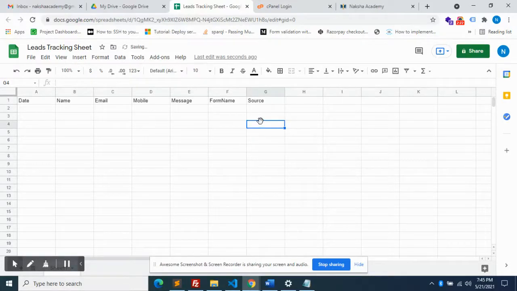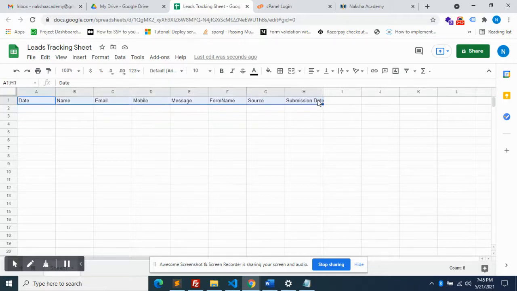Suppose you are running a campaign, Google Ads, or you have leads coming from a website, or from Facebook, or from Google Ads. For tracking purposes, we use the field name source. Then we have a field called submission date, which will display date and time, like a timestamp.